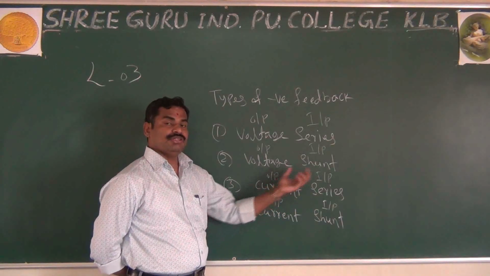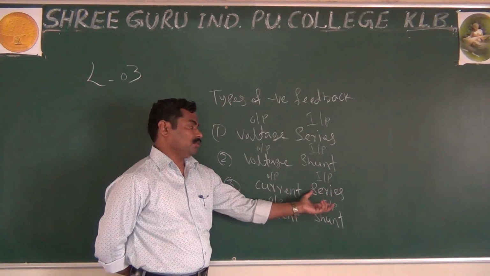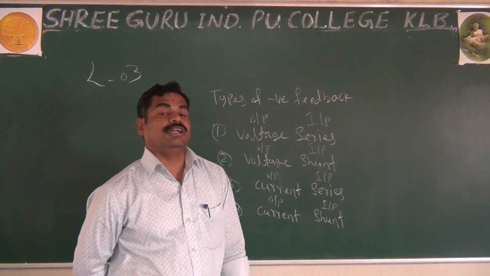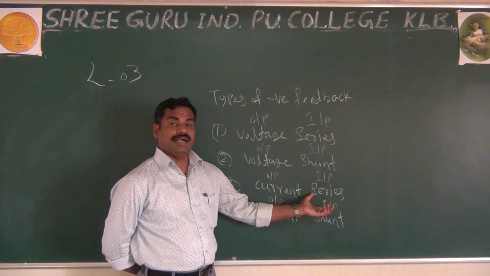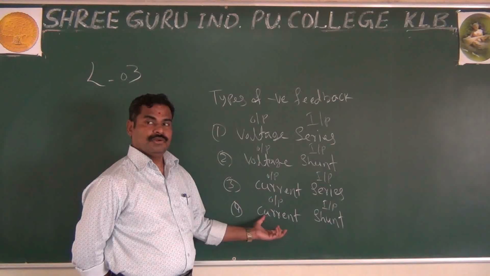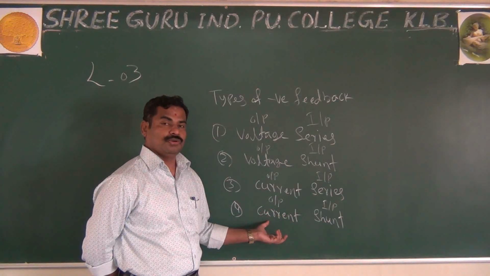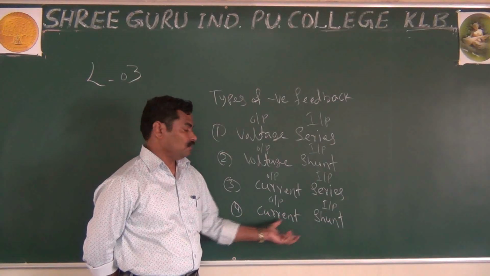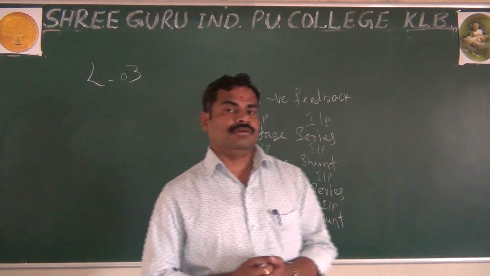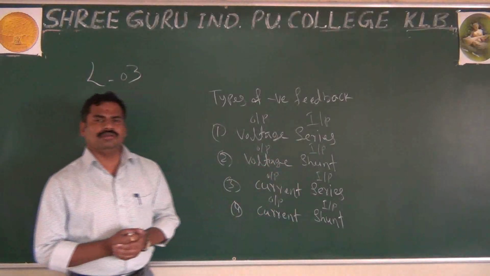In the output side you are measuring the current. How are we measuring current? By connecting in series. And also on the input side you are connecting in series, meaning you are adding the voltages. Finally, about current shunt, in the output once again you are measuring the output current, that is by using series connection. And shunt, on the input side, you are connecting, adding or subtracting current. This mode I said in the last class.